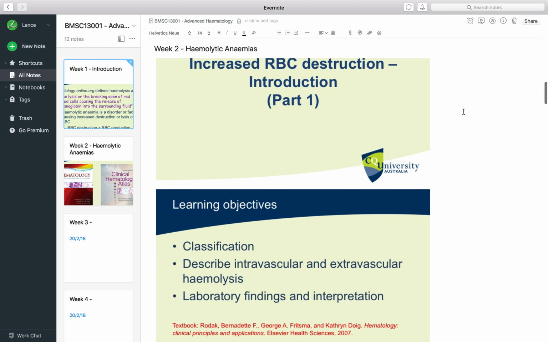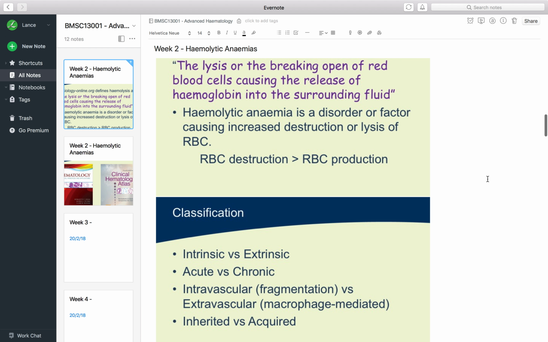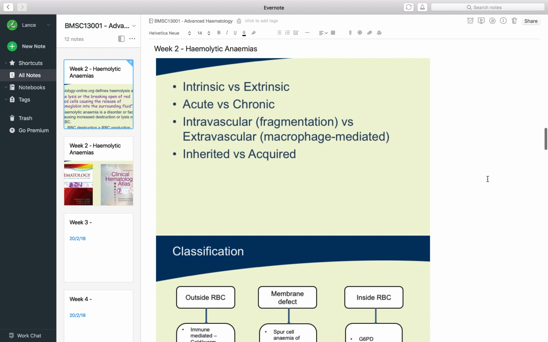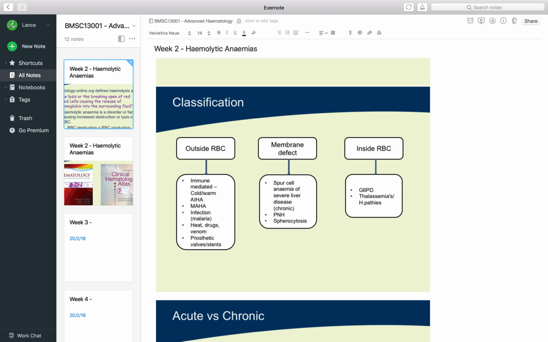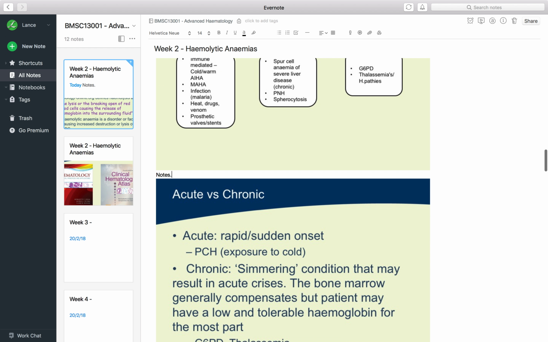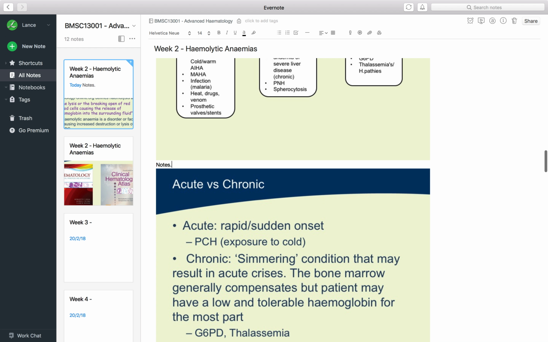And now I've got all of my slides just sitting in here. So if you're watching your lecture and you want to take notes on this specific slide, I just click next to it and enter beneath. So as you review later on, you can just scroll through and see the exact notes that you've taken under